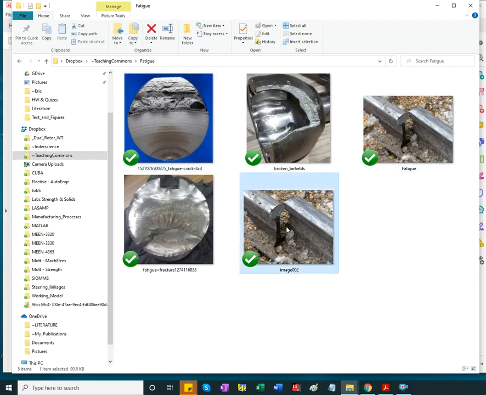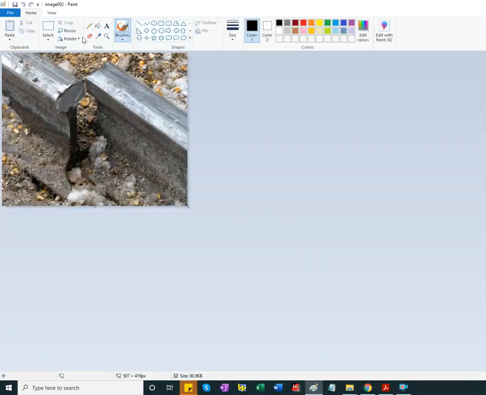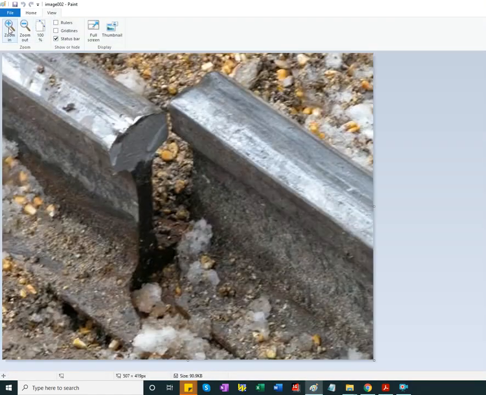The image here shows a fracture in a rail track, and the crack started from below. When loaded, it bent, compressive on top, tension below. You can see this is the old fracture where it was corroded, and this is the fresh, ultimate fracture when the material was no longer able to hold. So this is an example of fatigue failure